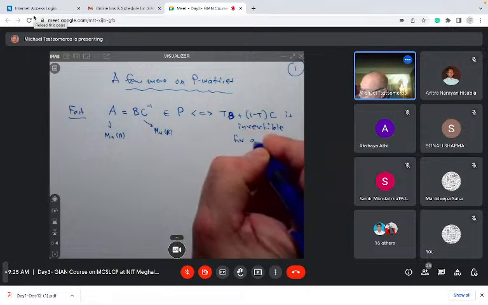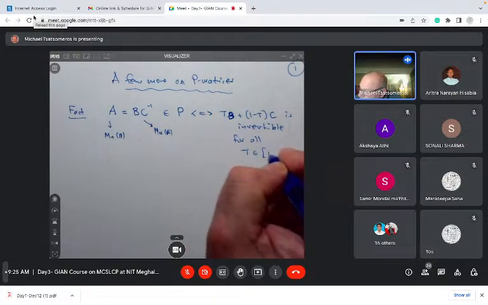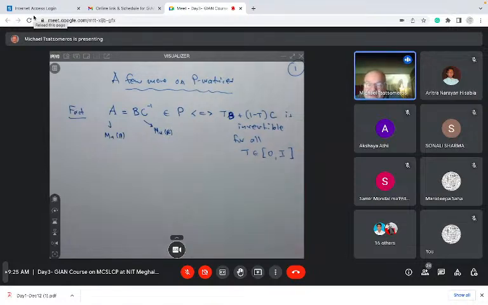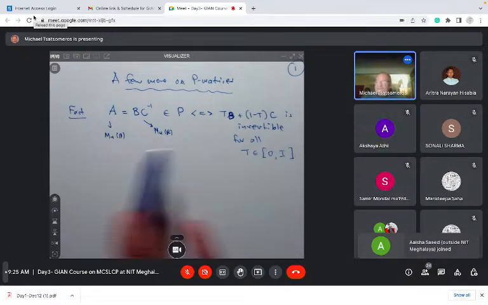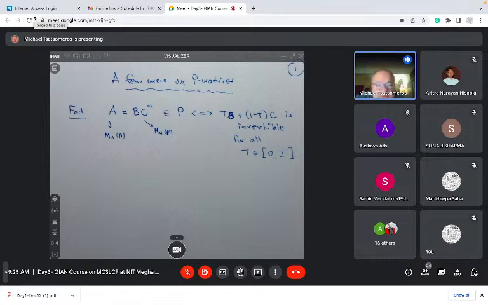For all T that are in the matrix interval 0 to identity. So if you take T to be a diagonal matrix whose diagonal entries live between 0 and 1, and you form the matrix T times B and I minus T times C, you get an invertible matrix, or a full rank matrix if you go into rectangular generalizations. So this is convenient